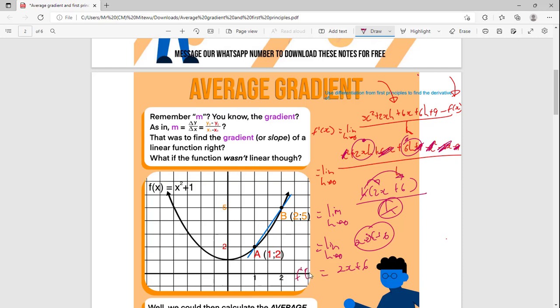Then I can have f of x, right? So we keep this limit as h tends to 0 until you substitute h into the equation. So if I was left with a plus h over here, then all I do is take this 0 and substitute over here, and obviously that means this term will no longer exist, right? And then I would still be in this exact same scenario over here. So I've got 2x plus 6, and I can say now that my first derivative is equal to